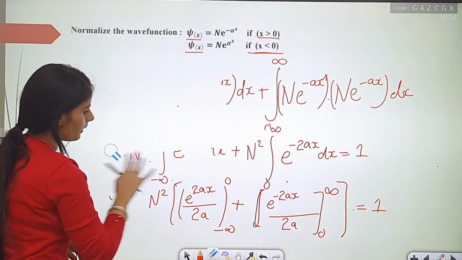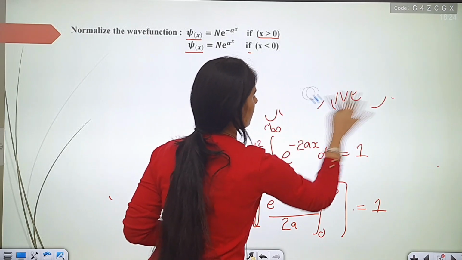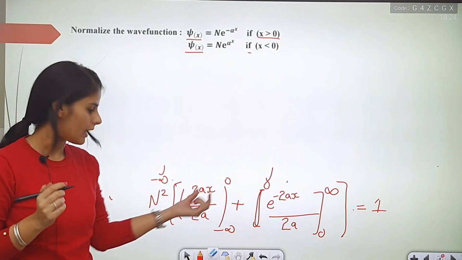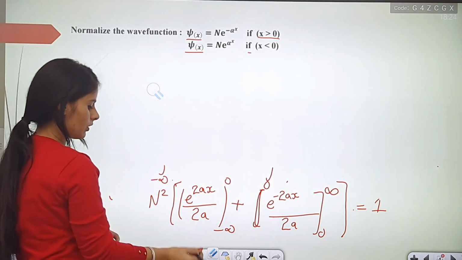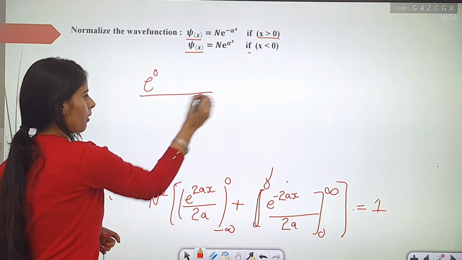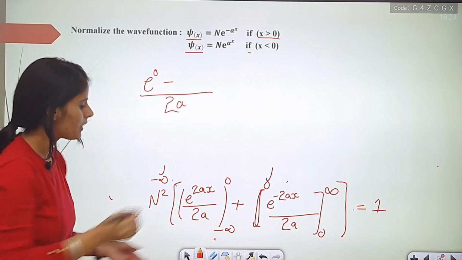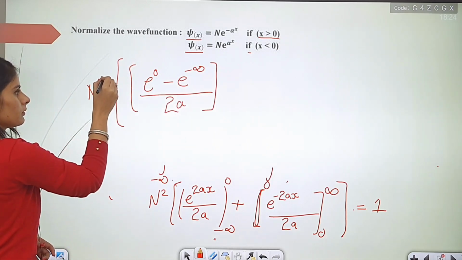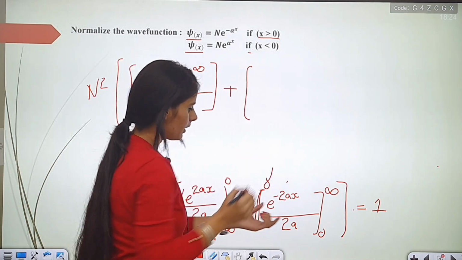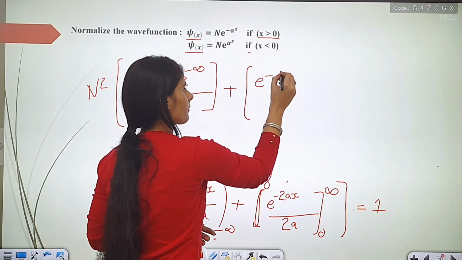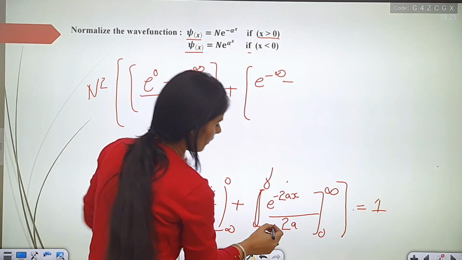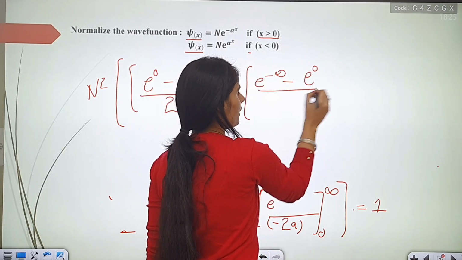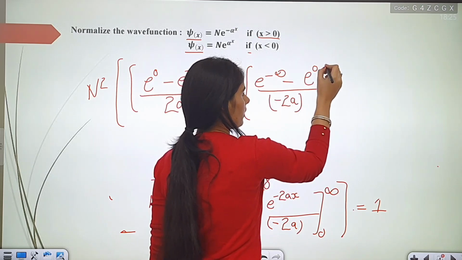So, after this we will put the values. After putting the values, e raised to power 0, that means 1, e raised to power 0 upon 2a, minus e raised to power minus infinity n square common, plus e raised to power minus infinity, minus, here is minus 2a, minus infinity e raised to power 0 divided by minus 2a equal to